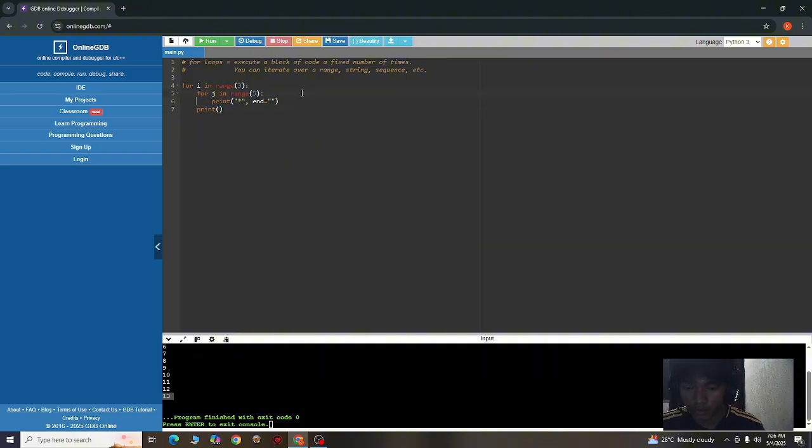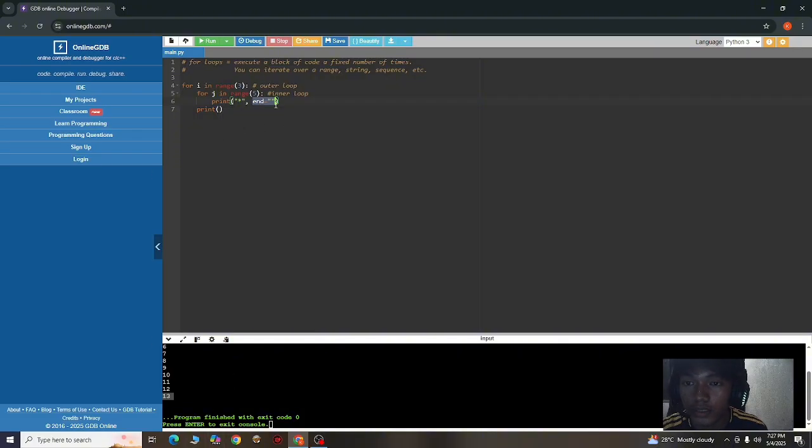So let's name this as inner loop and this is outer loop. So it would print the asterisk 5 times in a number of 3 lines.